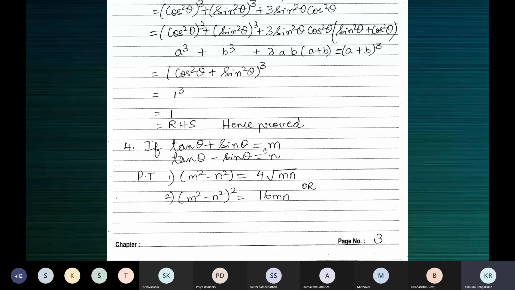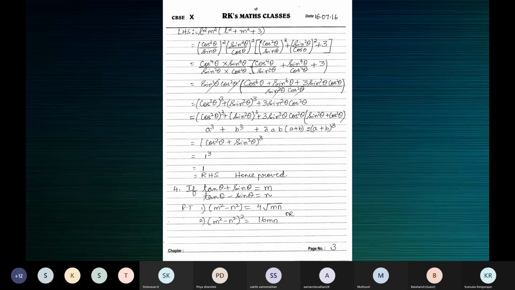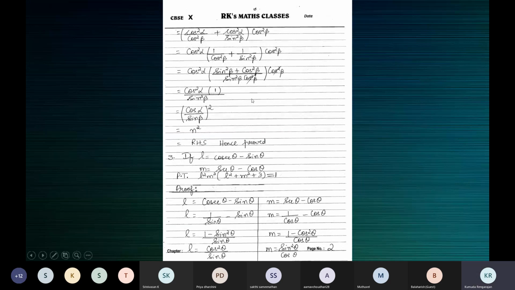Again, we have an expression for m, an expression for n, and you can see that we can simplify. You can write tan theta as sine theta by cos theta. But I'll just show you this for a change. Even if you don't simplify, you're going to get the result. So here, like this one, I told you, right? That it's nice or it's comfortable when you do the simplification outside.